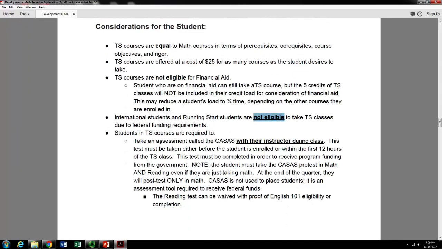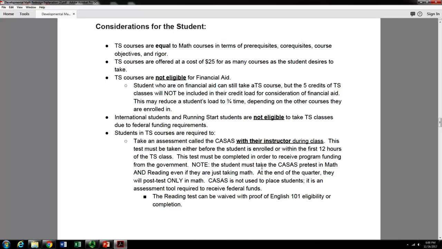And then for students in TS courses, you may have heard of something called a CASAS test. Don't worry about it. You can still enroll that student just like you would for a math class. You register online, you have the item number, we're listed in the class schedule as transitional studies. Don't worry about that CASAS test. The teachers who are teaching the TS classes are going to make sure those students take that test,